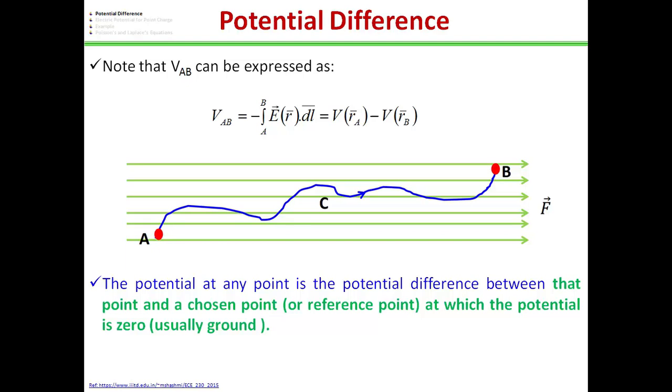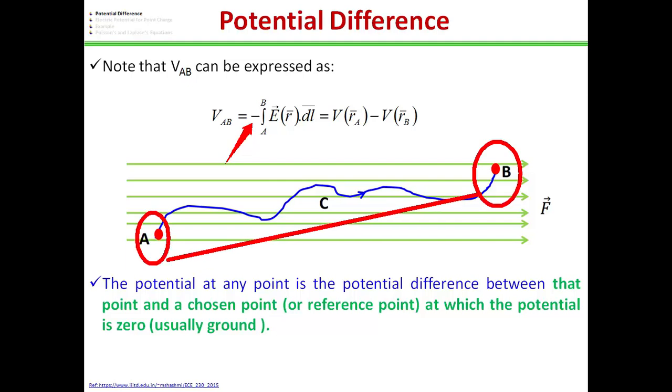As discussed in the previous video, the potential difference between point A and B can be expressed as V_AB, and this will be equal to minus the integral from A to B of E dot dl, and this will be equal to the potential at point A minus the potential at point B. Here A is the initial point from where the charge is to be moved to the point B, that is the final point. If V_AB is negative, there is a loss in potential energy in moving charge Q from point A to B. This implies that work is being done by the field.